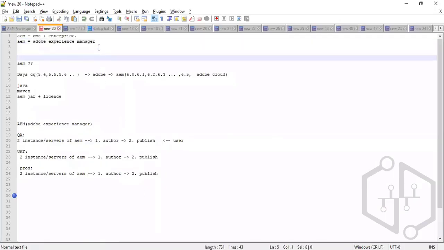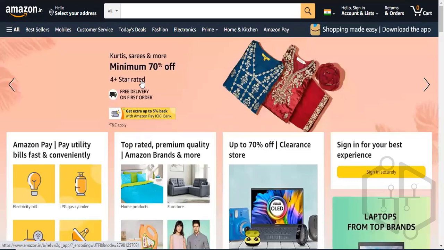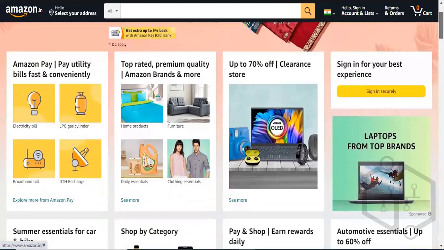So this was the basic concept: the smallest part of a page built in AEM is created using a component. Component is a core concept of AEM, used to define the look and feel of the page. The whole look and feel of the page is achieved using components, and a collection of components basically creates a page in AEM. So you drag and drop multiple components on a page, which finally creates your whole website page.